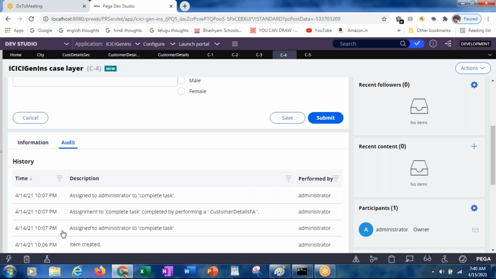You see, item created, assigned to administrator to complete a task. So who created the assignment, and the assignment to complete a task was completed by performing a customer details flash in. Again, the task is assigned to the administrator.